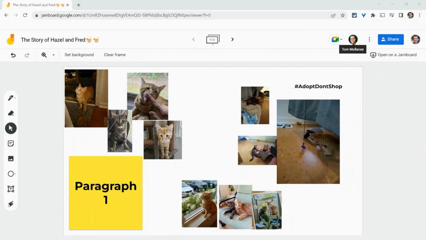Hi, I'm Tom Mulaney. I'm here today to talk to you about pre-writing in Google Jamboard on the web. And so this is a Google Jamboard jam, and I'm trying to write an essay about our two cats, Hazel